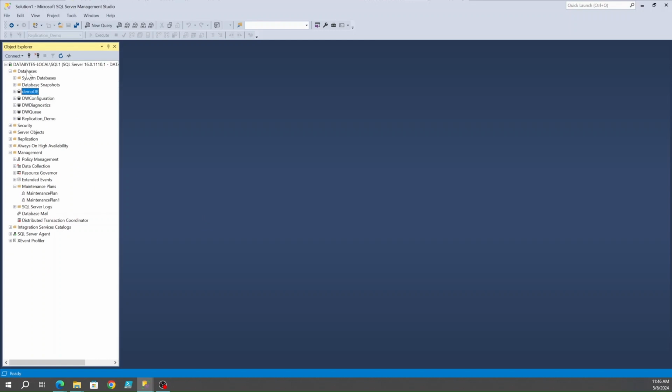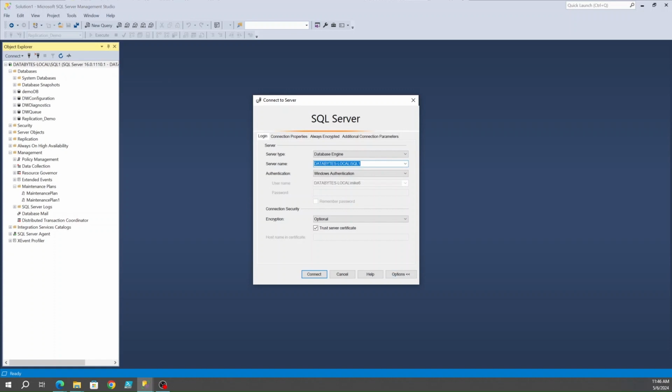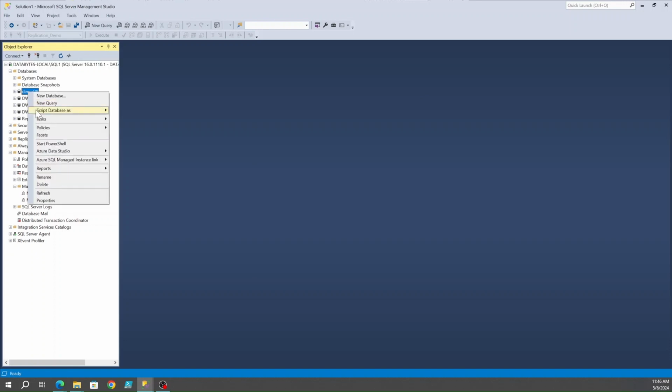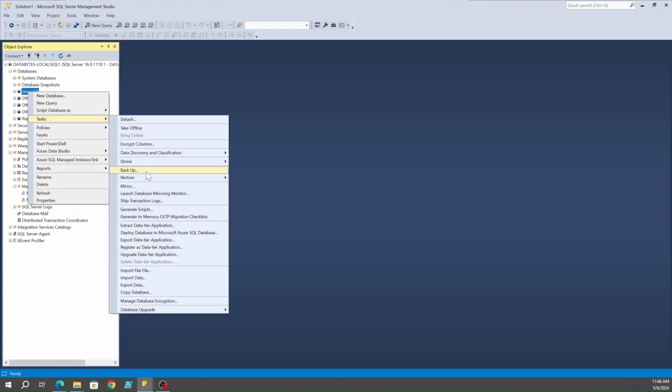We've got SQL Server Management Studio up. I have my instance already connected. If you need to connect to it, make sure you go over to here, type in the instance name you need, and use the authentication method you need to use, whether Windows authentication or SQL authentication. Go over to Demo DB, or whatever your database happens to be called. Right click on there, go to Tasks, Backup,